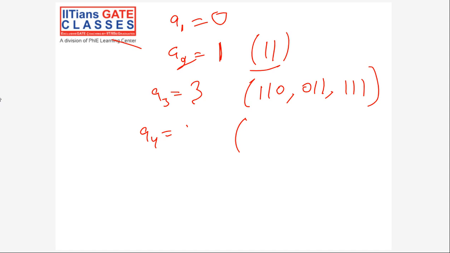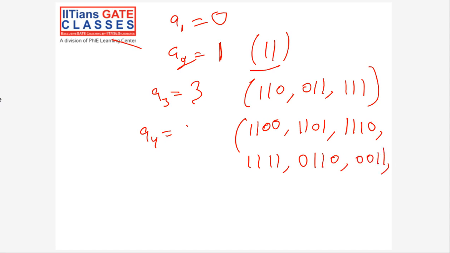For 4, let's calculate as well. This will be 1100, 1101, 1110, 1111, then 0110, then 0011, and 0111, and finally 1011.